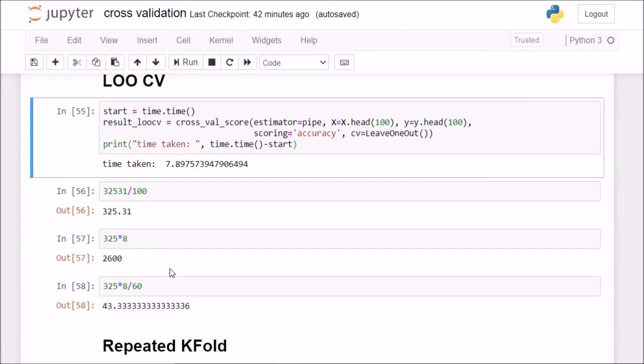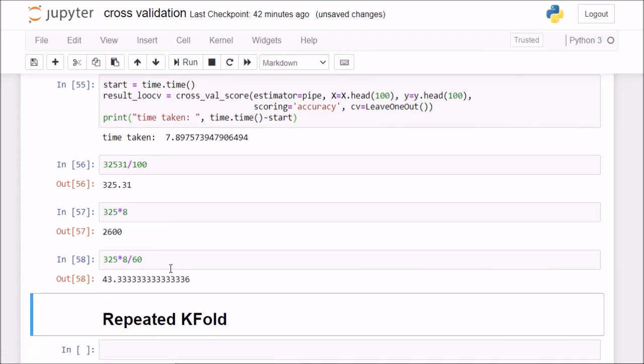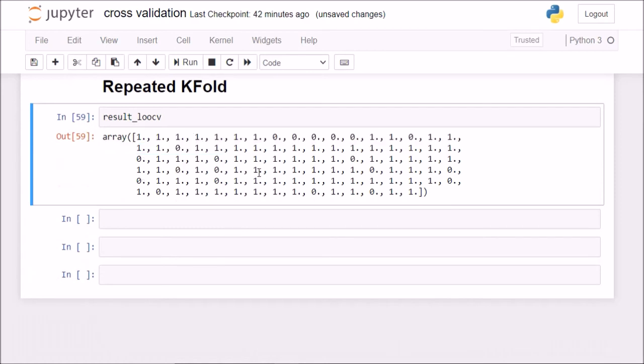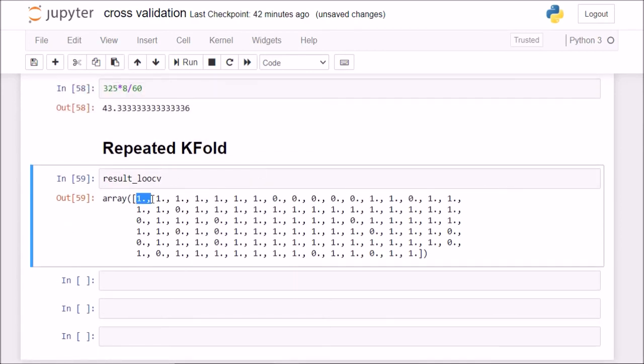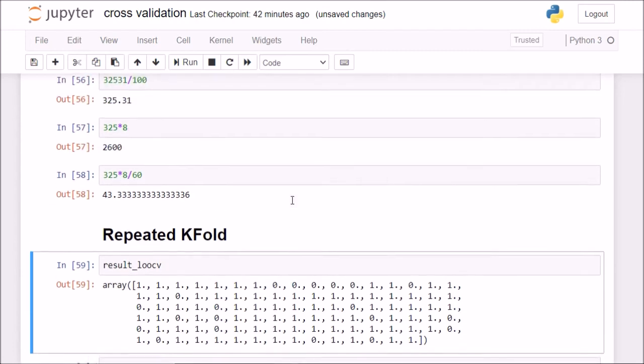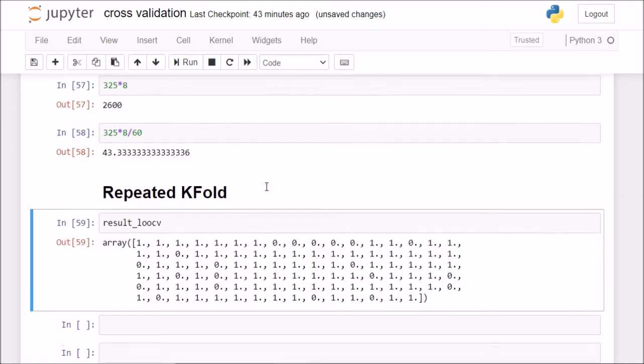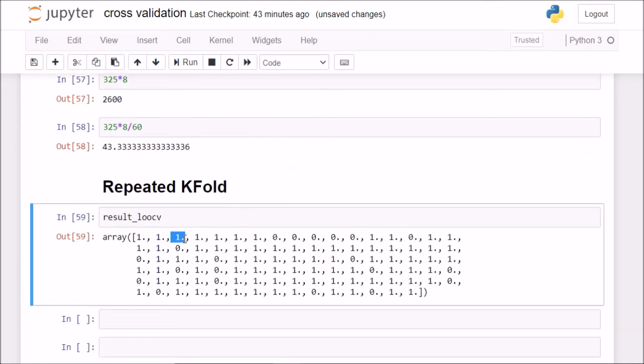And if I check out my LOOCV results, for example, this is interesting. If I check out my result_loocv, it is giving me a string of ones and zeros. So this is basically either a 100% or a 0% answer. This is because our test set contains only one record, and when we train a model on the remaining 32,000 records, then we'll only get one response, right? Whether we will get a correct response or an incorrect response on the testing set, and hence our accuracies are 0% or 100%.